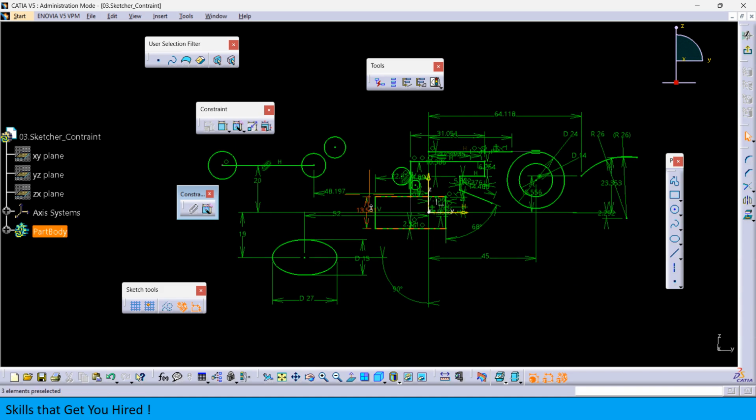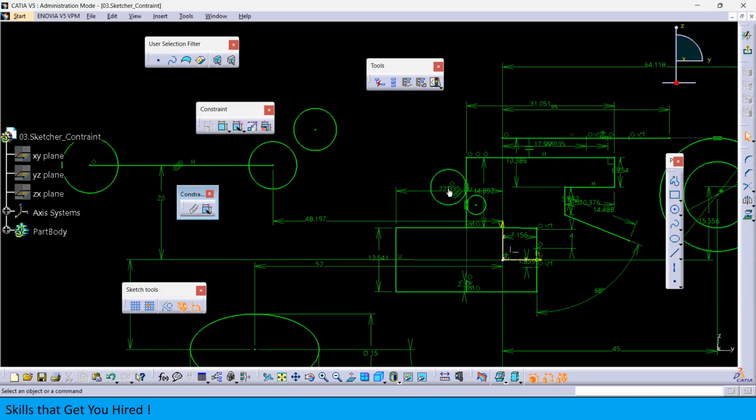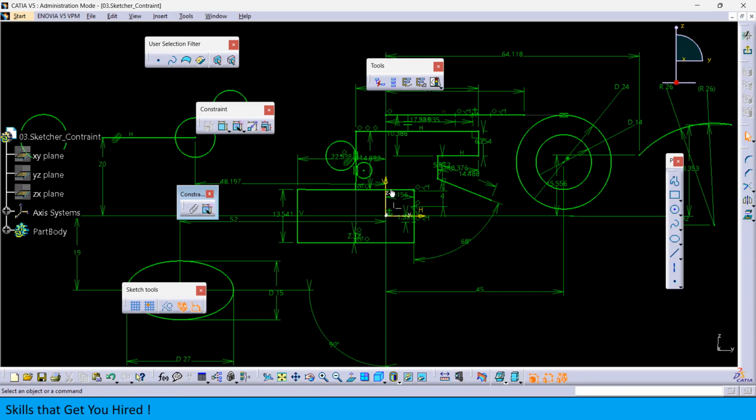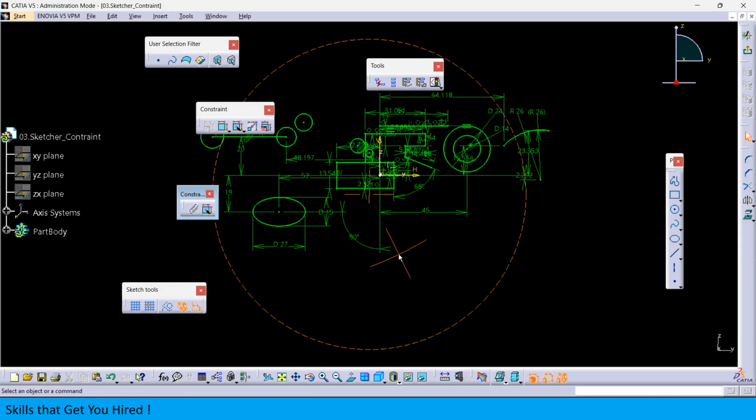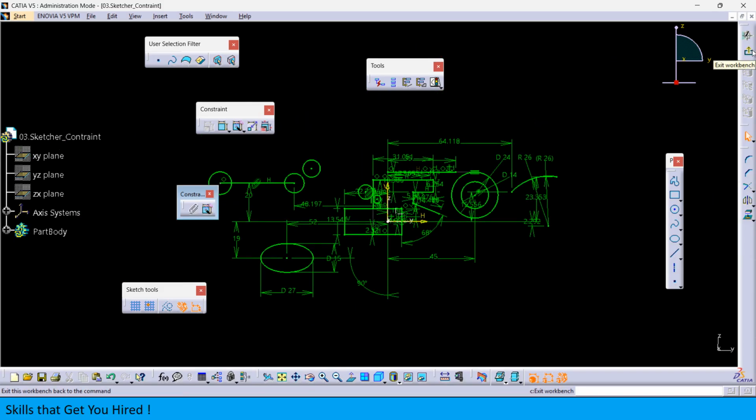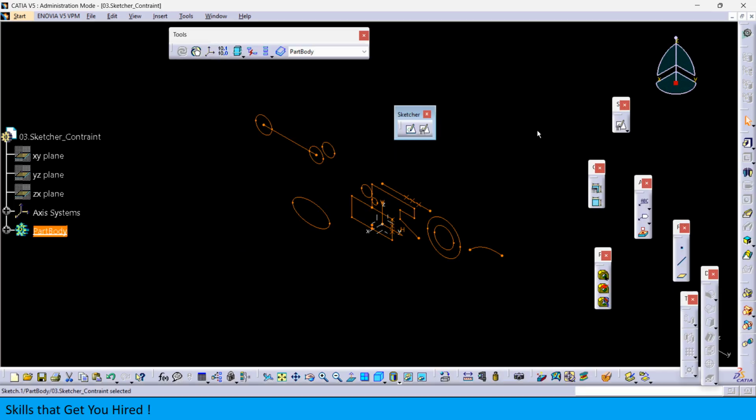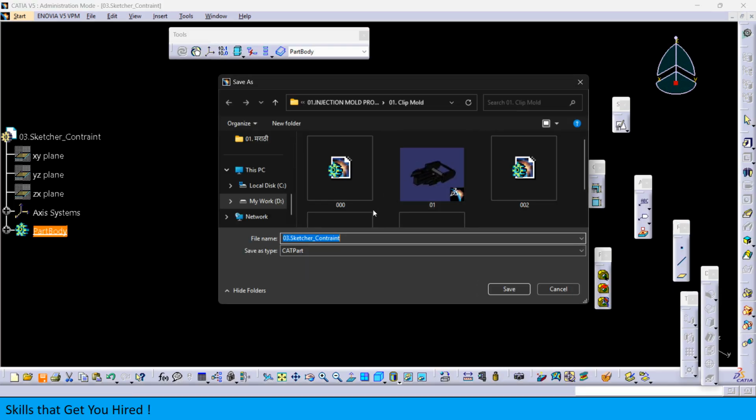I'll keep as it is. So whenever you want to convert an open entity or under constraint entity to constraint by system automatically, then use auto constraint. So I'm saving this file and exit from sketcher, exit workbench, Control S, and I'm storing this data over